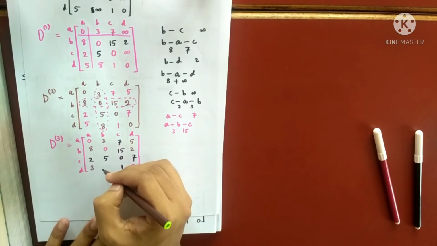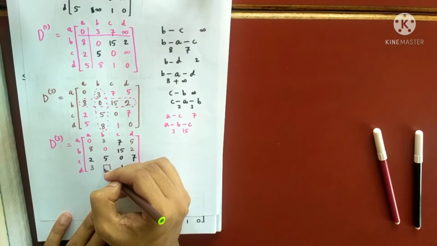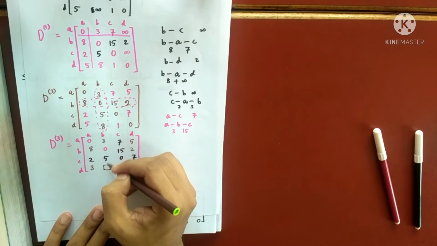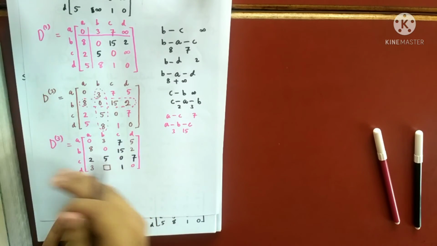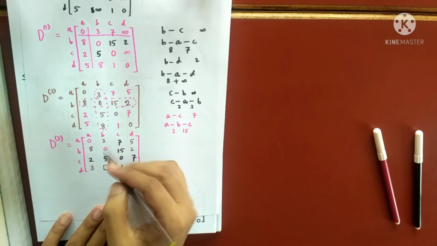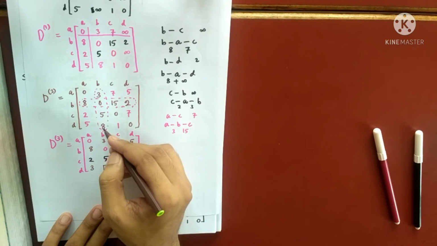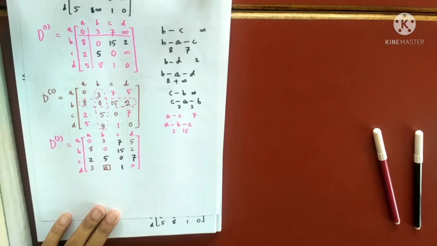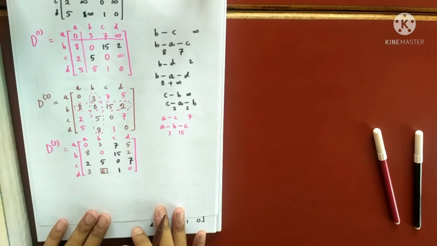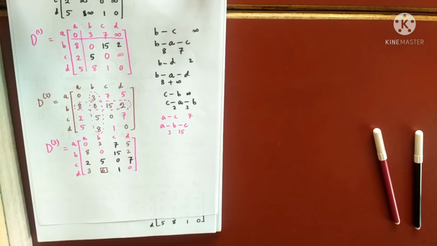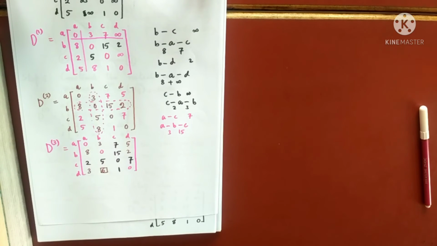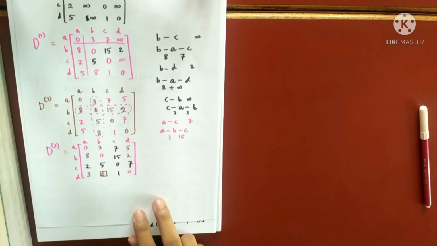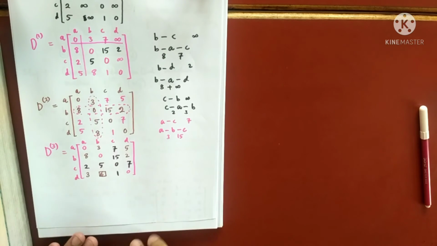So I hope you are understanding. So to find this box, I will see this number and I will see this number. Which row and which column is not changing? The intersection. So I will see 5 plus 1 is 6, but initially it was 8, so this will become 6. So this is your matrix D3. And we have the final matrix D4. Why is it the final one? Because I know that is the last vertex. D4 is your last vertex, right?